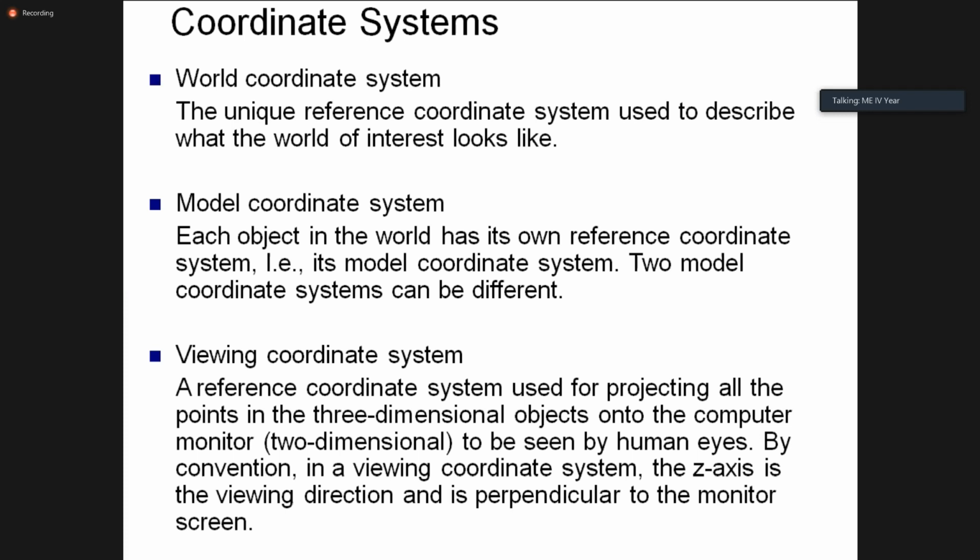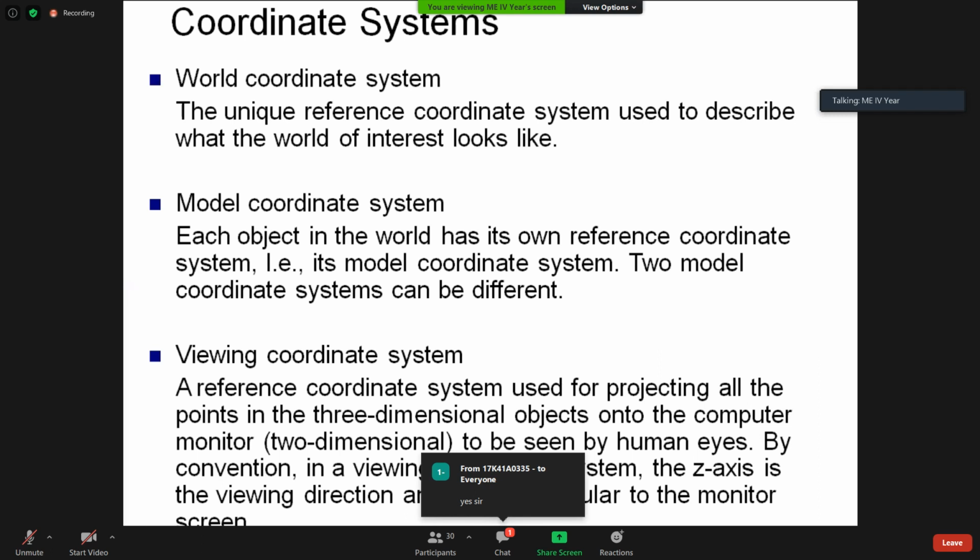From this meeting point, draw a 45 degrees line towards the region below XY. That 45 degrees line is the reference line for drawing the side view.